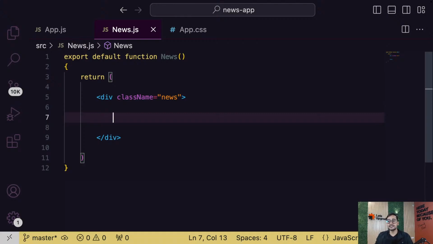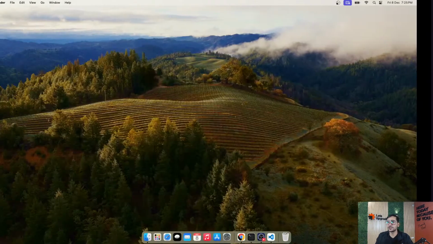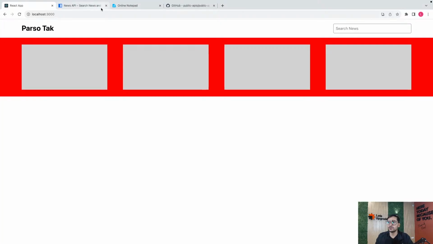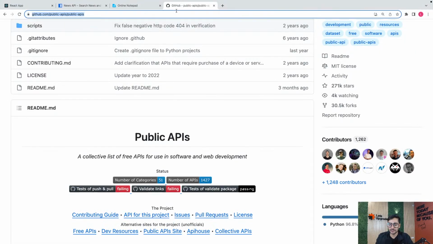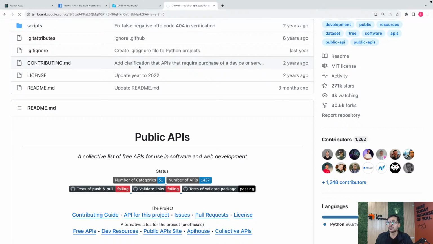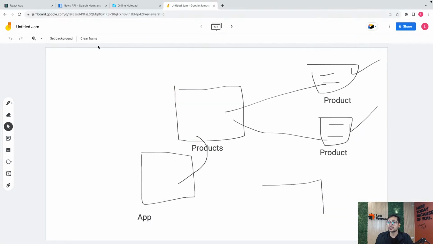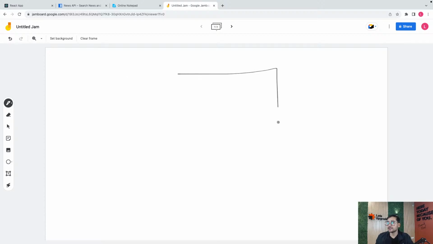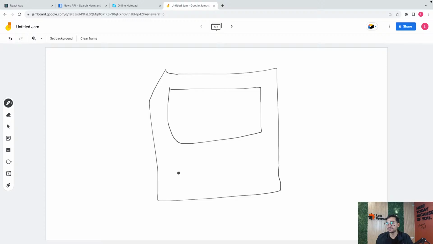Okay. So yep, guys, let's first of all, I'm going to be putting in. So I want an image. Then I want a title. So let me show you my structure, what I want here. If I open my Jamboard, it will be something like this. I want a simple box, just like any news article page, guys. A simple image, then an article text, then some basic initial description, and then a read more link or a read more button. That's all. Okay, that's what I want, simply.